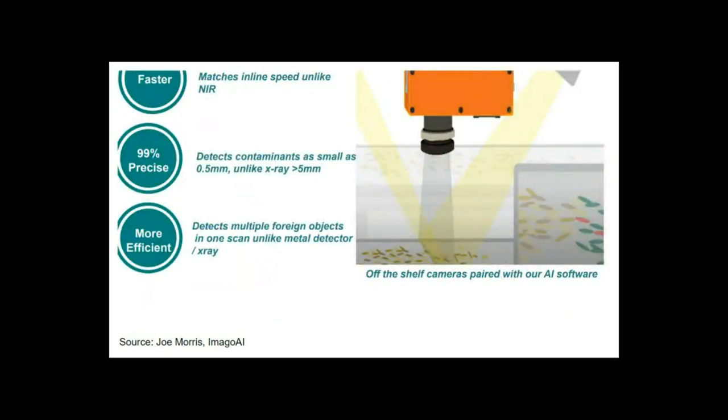So here's just sort of an illustration. It looks like it's an inline camera that detects contaminants as small as 0.5 millimeters. So obviously virus is going to be much smaller than that, and certain bacteria is going to be a lot larger than that. That's 500 microns. But if you have a group of something, or if you have bugs, you can detect that. And it looks like it can detect, obviously, multiple foreign objects along the way. It's going to detect and classify on a line, on a manufacturing line.